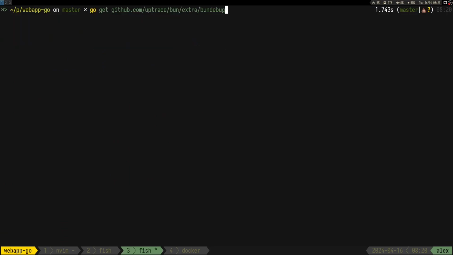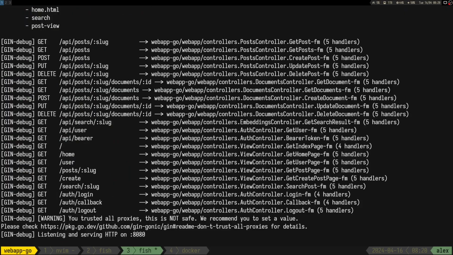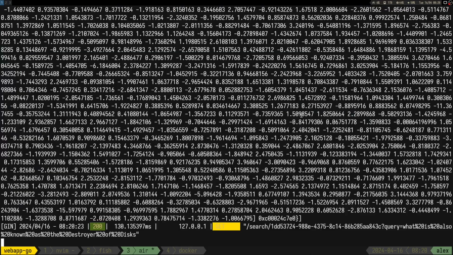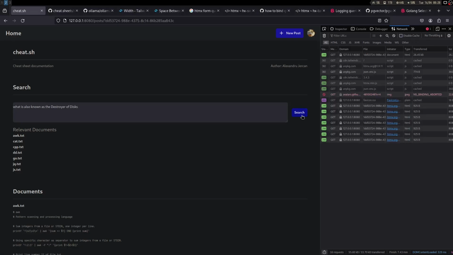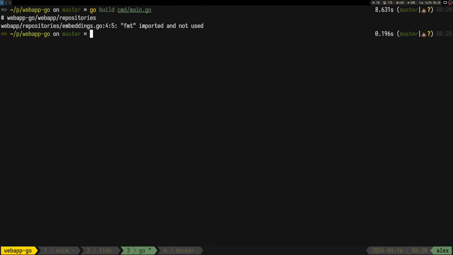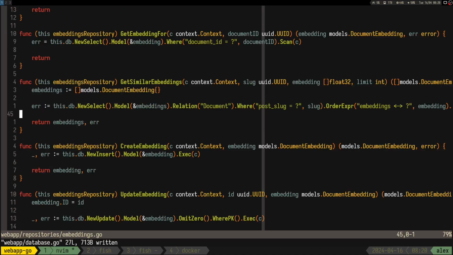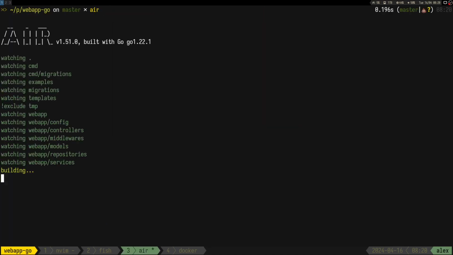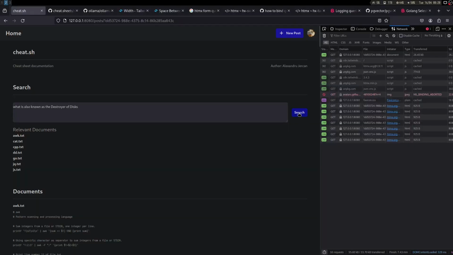So let's see. So if we make, in embeddings, okay, so if I execute this,